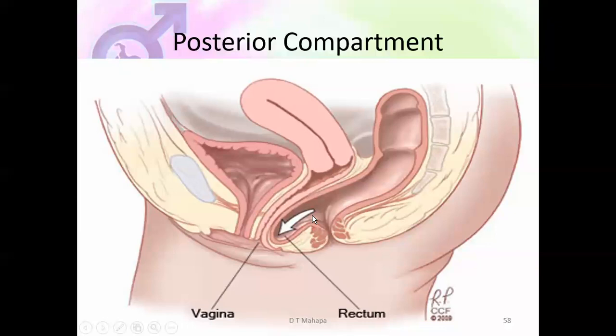Or they've got another sign which is called tenesmus. Tenesmus means a feeling of incomplete evacuation. She goes to the toilet and evacuates, but when she stands up, she can feel that there's still something inside here. Sometimes she has to put a hand into the vagina to push the feces which are in this pocket here to come out through here.